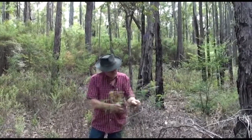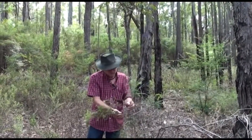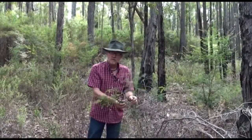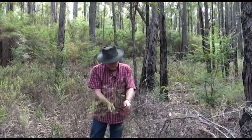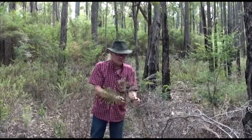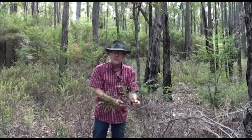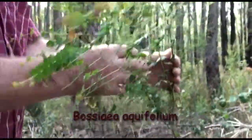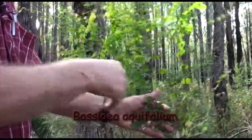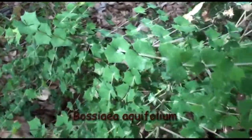This is what we actually call the Waterbush from the southwest of West Australia. It's actually Bossiaea aquifolia, and the Aboriginal name is called netic. And this is quite prolific in the forest simply because of frequent fire. It loves fire. It actually gets stimulated by fire, and of course what happens is that after it's matured